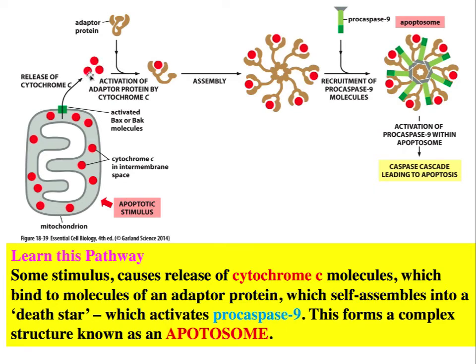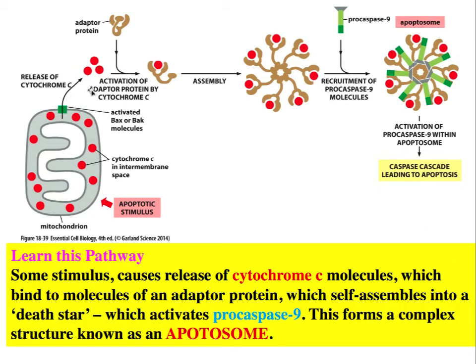Once cytochrome C enters the cytosol, it binds to always present adaptor proteins. And these adaptor proteins then form a structure that self-assembles into this multi-headed protein complex. The protein complex then activates itself and attacks also always present procaspase 9. And the two interact to form this structure here called the apoptosome. The apoptosome is then able to initiate a cascade of other caspases to be activated.